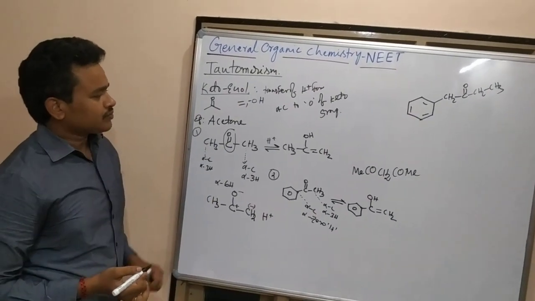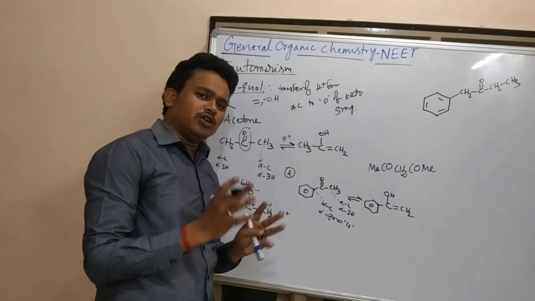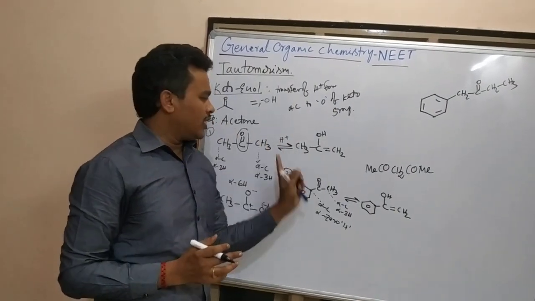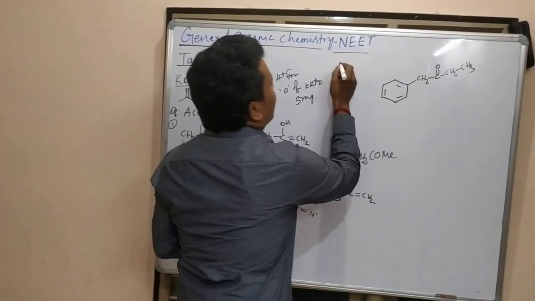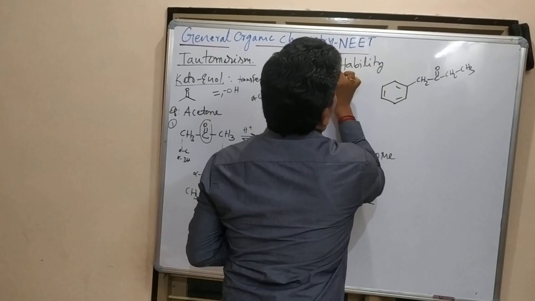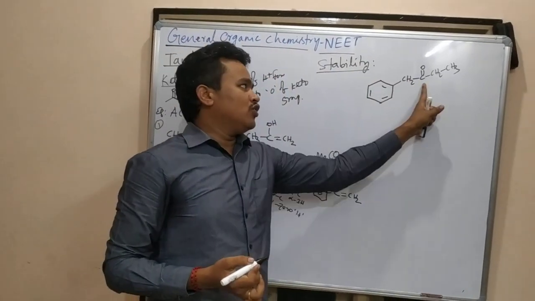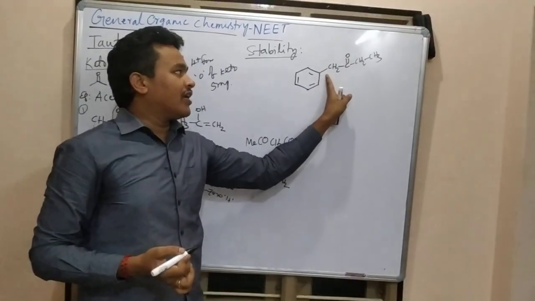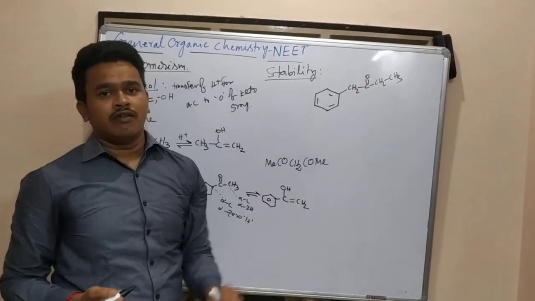Now come here. Generally, you are going to study the keto form and the enol form, two forms. After that, there is a concept of stability. What is the concept here? Stability. Listen here, there is a question. This is our concept, stability. I am taking this one. Here also the keto group is there, alpha carbons are there, alpha hydrogens are there. There is a possibility of which form?